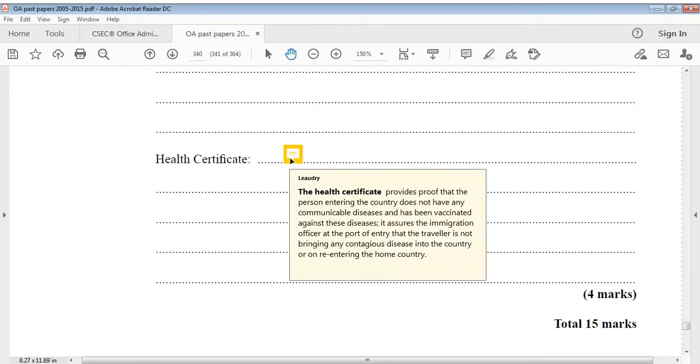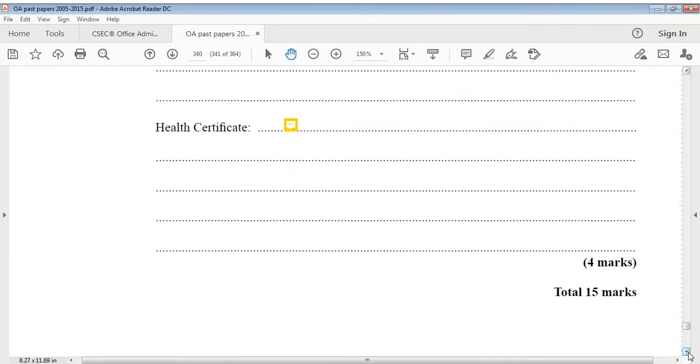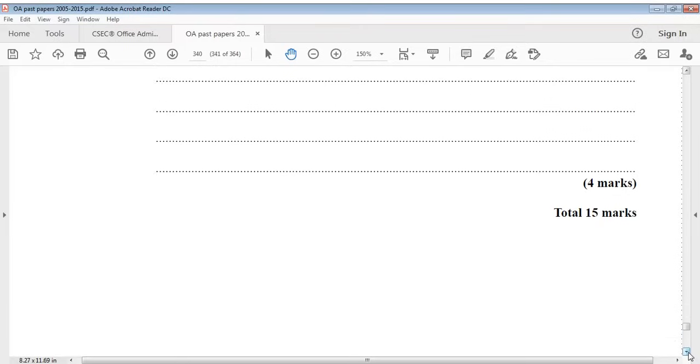So that is what a health certificate proves. And you will get 4 marks for that. So it's quite a lot. Okay, all right, let's move on